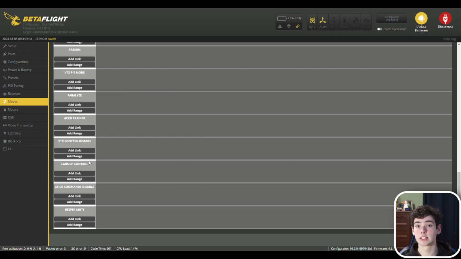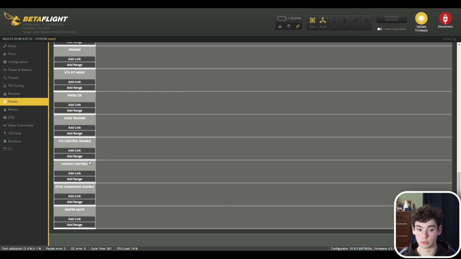The next mode is launch control. Launch control is used a lot by racers because basically what this does is when you flip the launch control switch and then the arming switch, it will put your drone in a more angled position, like this, which is actually the position racers usually fly in. This lets the racer have a much smoother and faster takeoff than if they did not have launch control, where they would have to start takeoff like this and then go like this. Whereas with launch control, they start like this and they just go like this, so it's much faster than